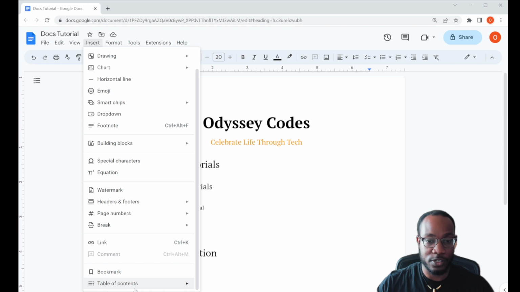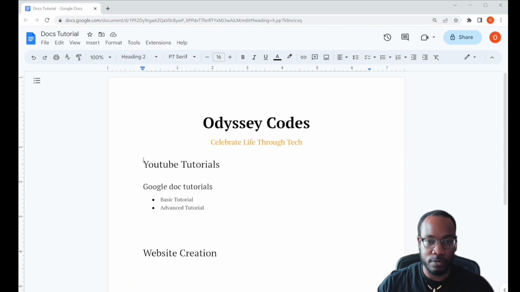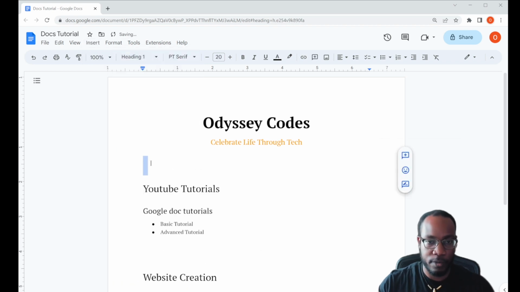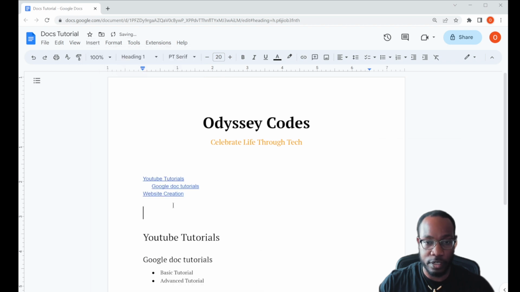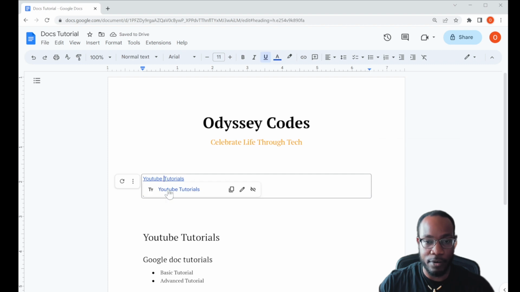This will go more in detail later, but it allows you to insert very special tooling and very special features. For example, the table of contents. So as you saw throughout the video, we were creating different titles and different headings. And the reason that we want to do that is because of this. We can insert a table of contents. So this table of contents, let's say I want it to look like this, where I have the plain text. I don't really want the dotted, and I do want the links. So I'll click here, and you can see I now have